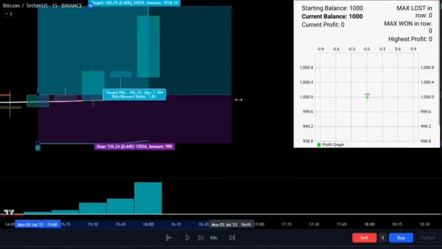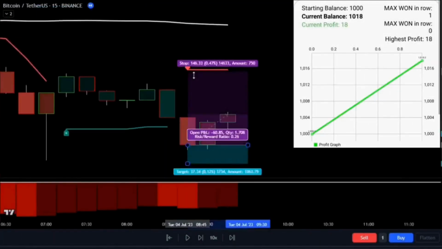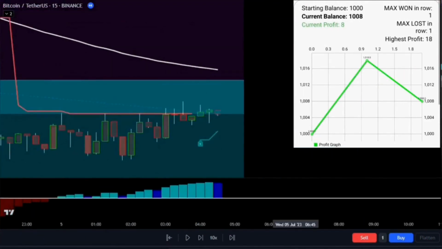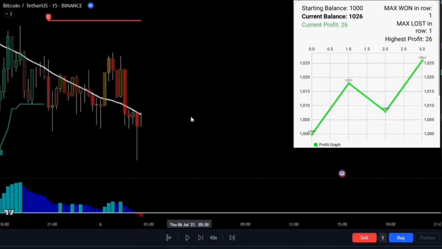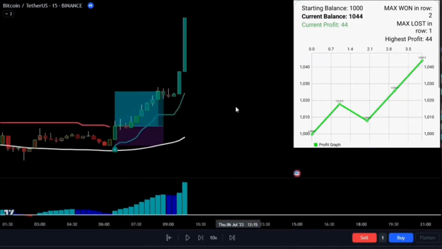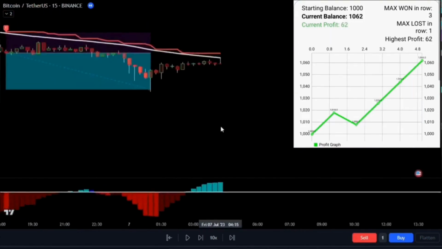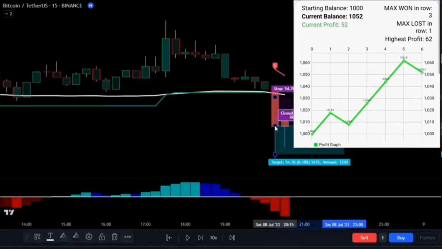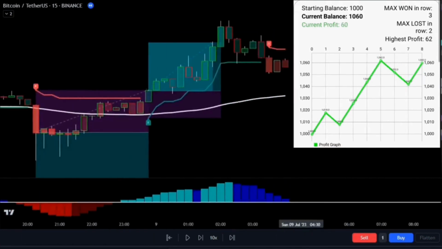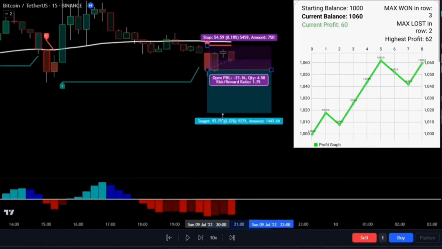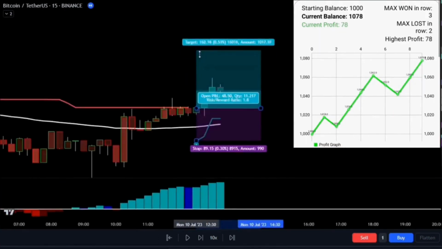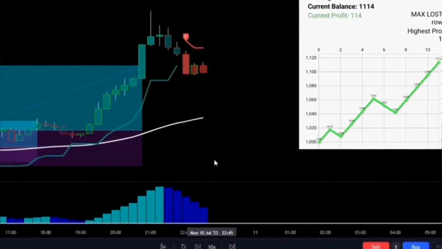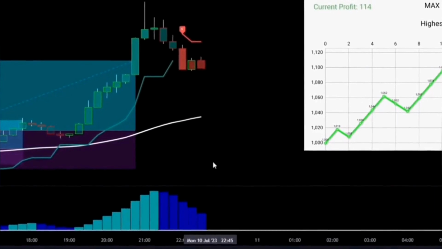Now that we've thoroughly explained this strategy, I want to test it on the BTC USDT chart within the 15-minute time frame and see how much profit we could have made with this strategy. Here we have executed only 11 trades in the BTC USD chart which have profit of around